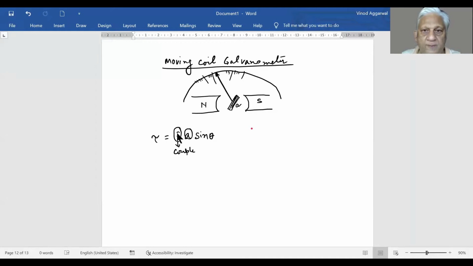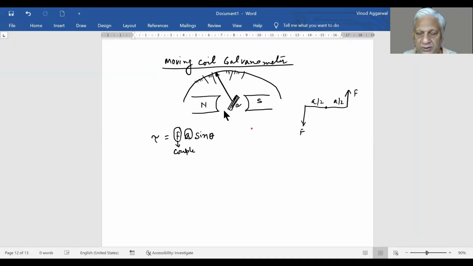Force is, as we saw before, this is the force which we calculated earlier. A is this length, and sin theta,